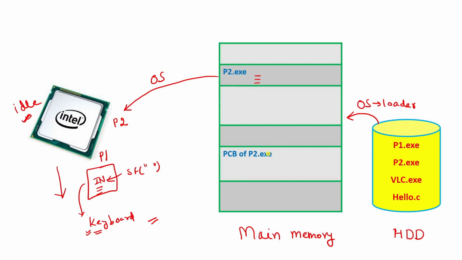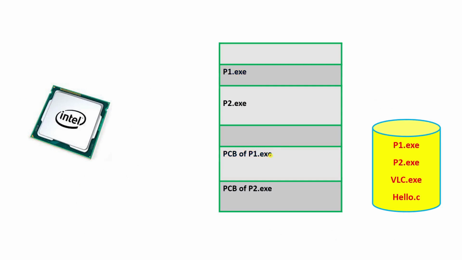So as you know, after some time we came to a new type of operating system which is the multi-programmed operating system. This new type of multi-programming operating system gives us a facility that there can be multiple processes residing in your main memory at a time, okay? So we have P1, P2, and there can be many other processes, and these are the PCBs. Now we have only one CPU, that we have to keep in mind. So we have, let's say, P1 and P2 inside our main memory.